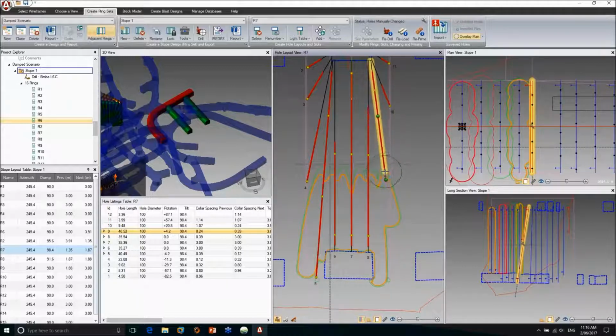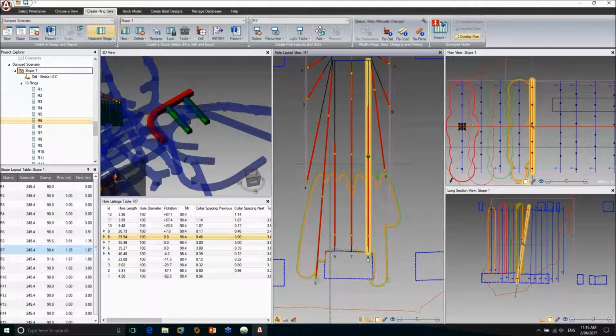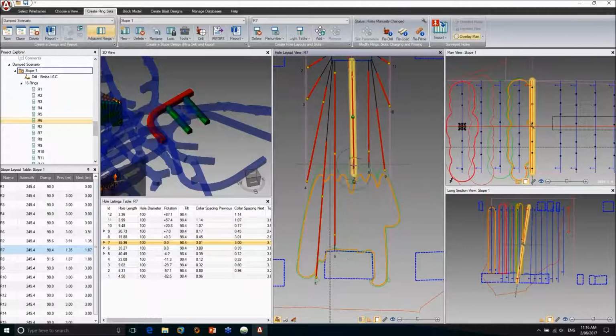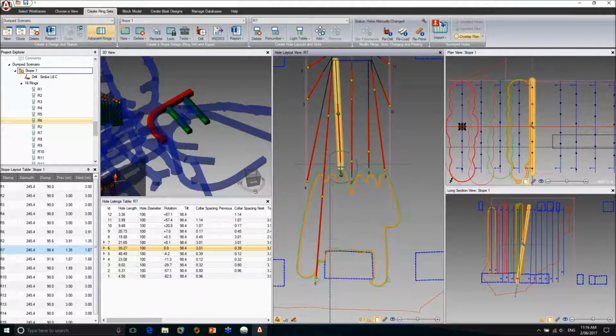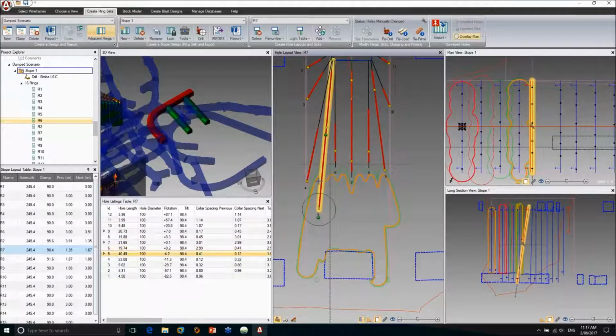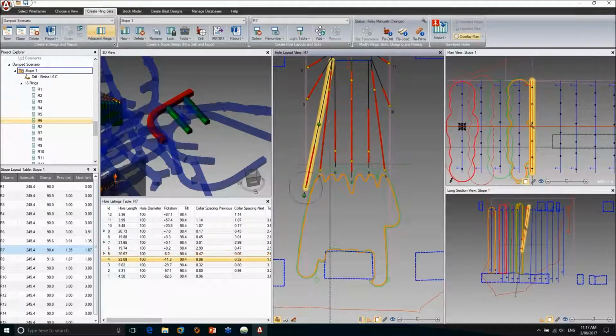So I'm just holding Control and shortening these. And so not drilling through what should already be blasted. So this is useful both for when you're doing